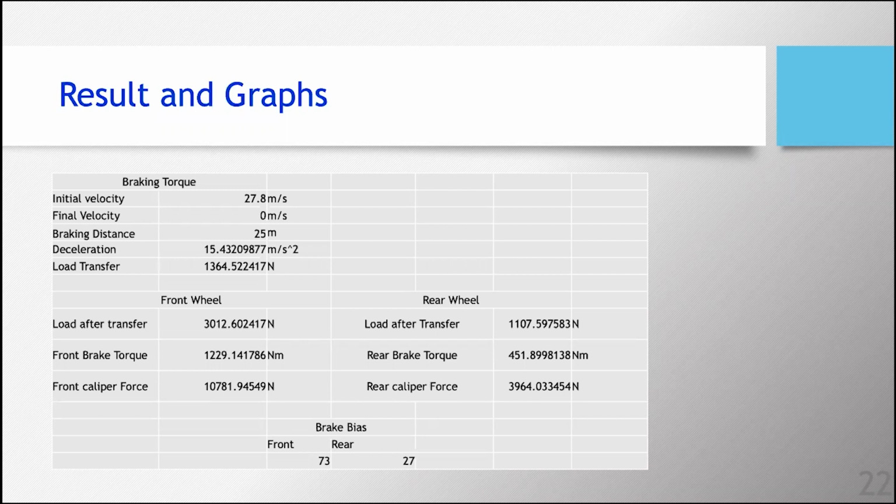When these are divided between the axles, the front and the rear, there will be two rotors per axle. So we have divided the required torque by 2, and the caliper force is calculated using the same formula which we have seen in the previous slides. And the brake bias is calculated as 73:27 under the maximum top speed, with the brakes applied suddenly so that the vehicle should stop within a certain distance.